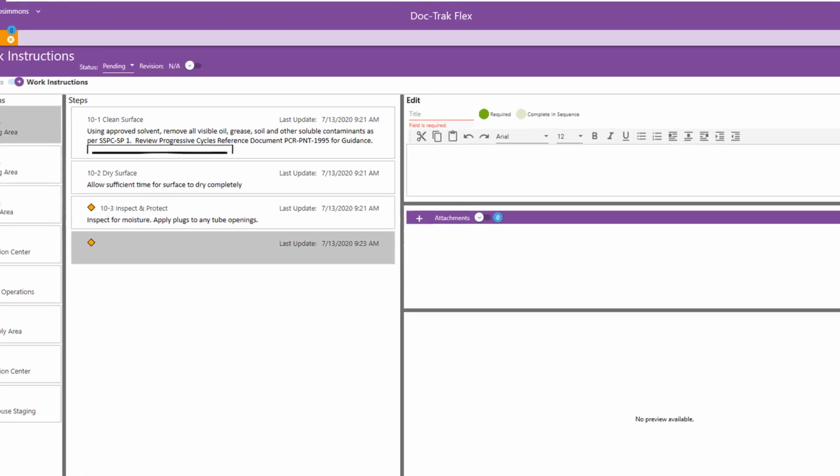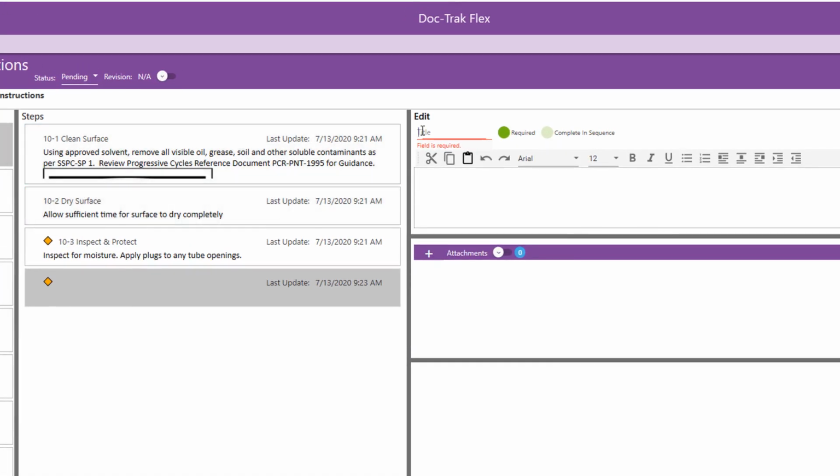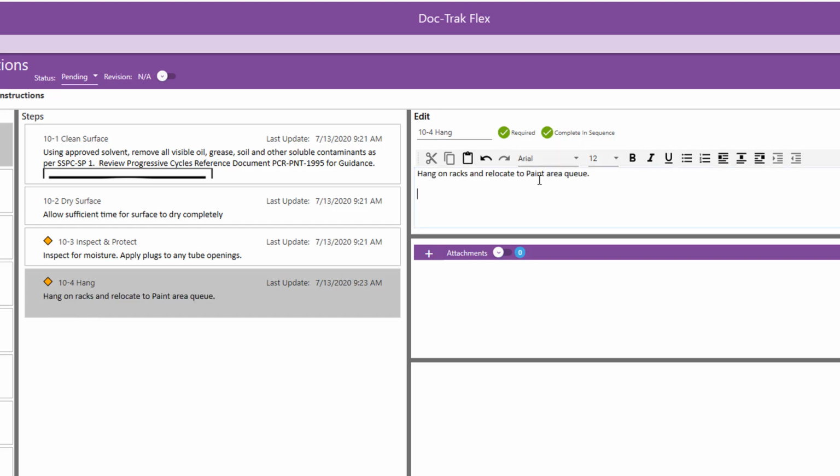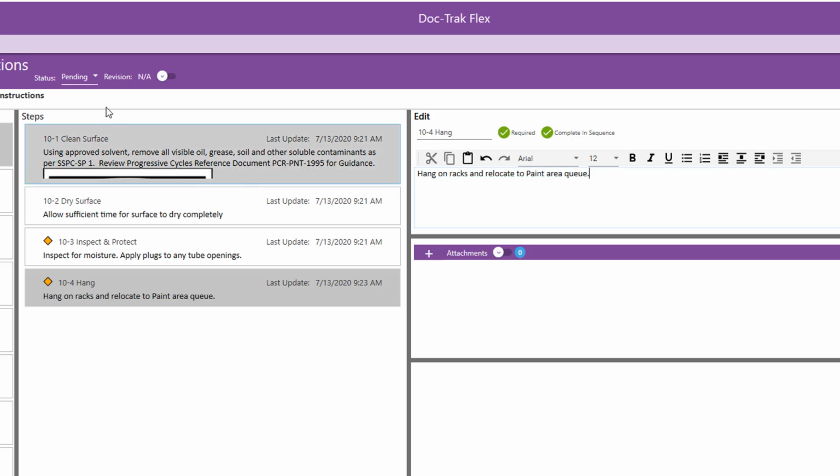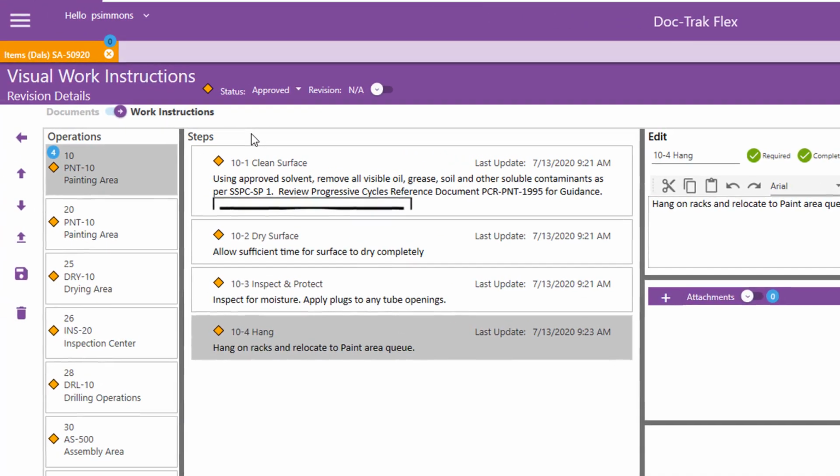I'll call it 10-4 Hang. And paste my text to the editor. All right, this looks fine, so I'll approve it and save it.